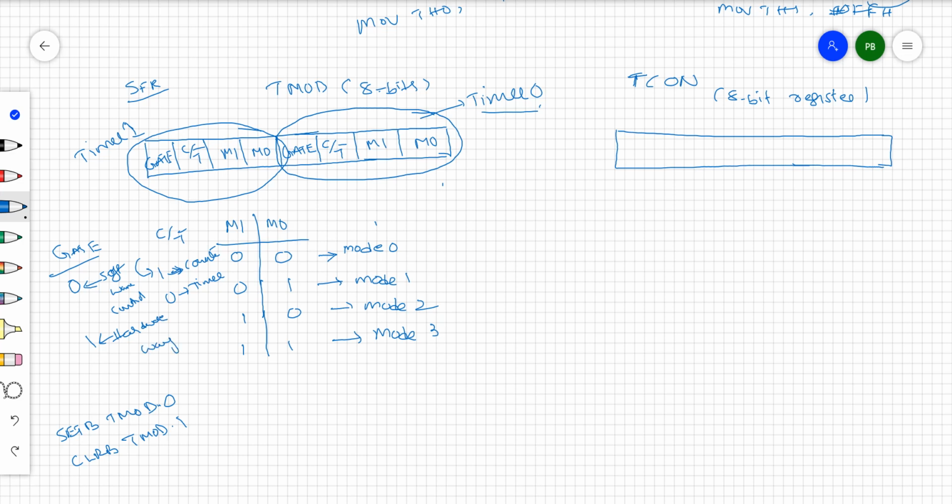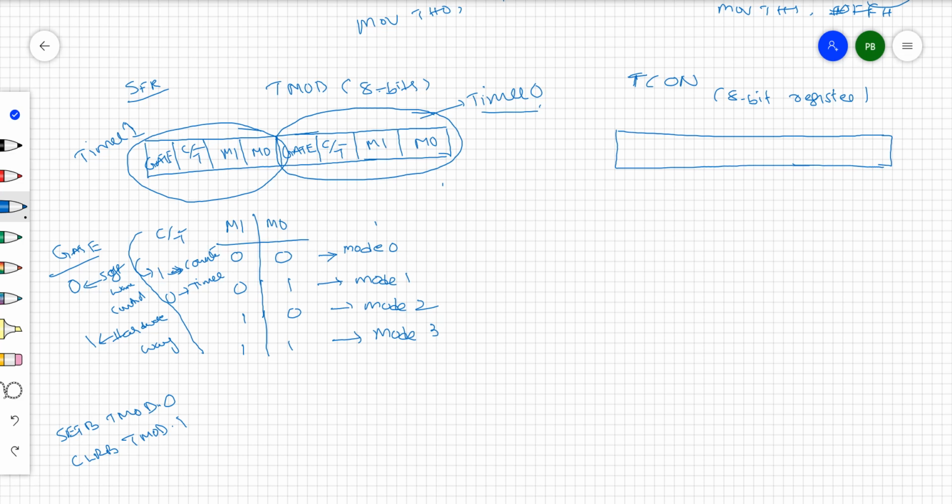This is how we control timer 0 and timer 1. Based on this bit condition, timer 0 operates in the software way or hardware way, whether as a counter or a timer. So these bits decide which timer you use, in what mode it is used, whether you want to use it as a timer or counter, and whether you want to control it in a software way or hardware way.